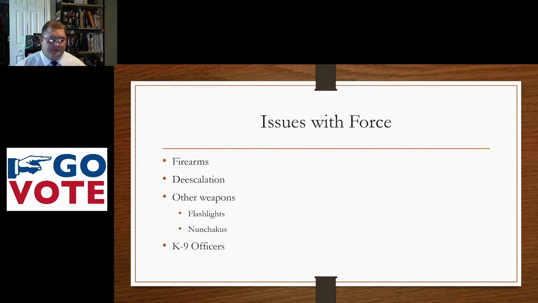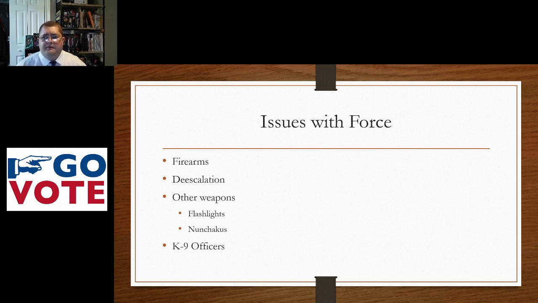There's also the issue of canine officers. Some departments have had a longer, more negative history of using canine officers, particularly on non-white suspects. Los Angeles has a big problem with this, using canine officers on African American and Hispanic Latino suspects. So some places have a more negative history with this. Areas in the South as well, with the usage of police dogs during the civil rights movement.